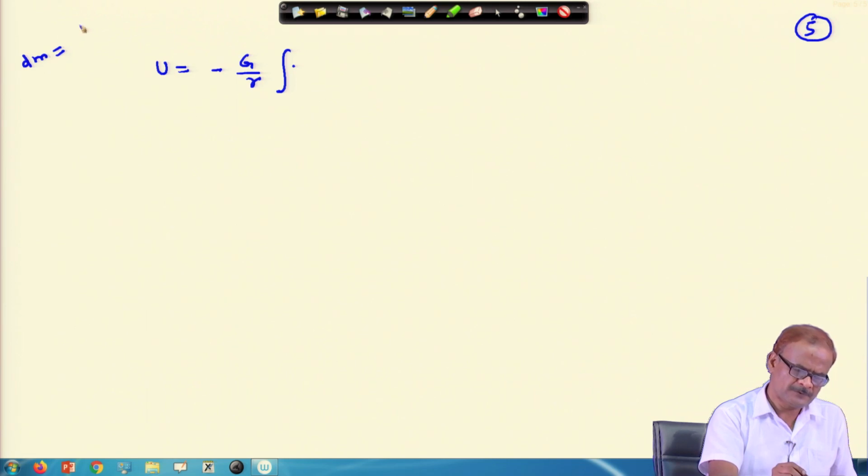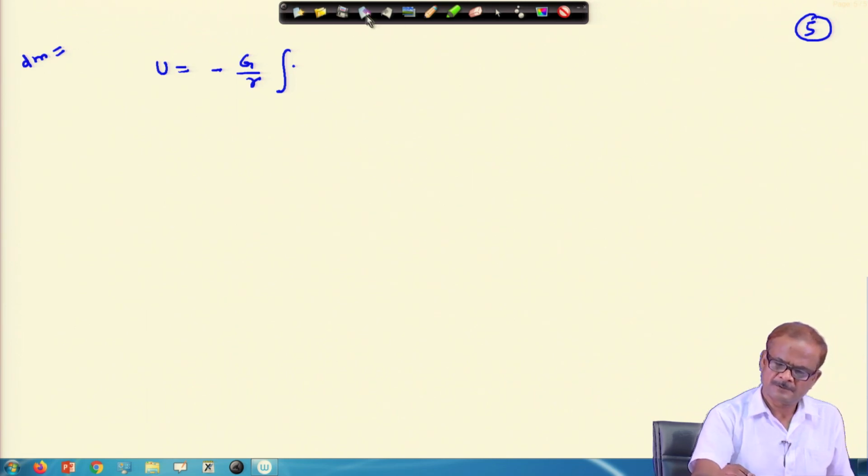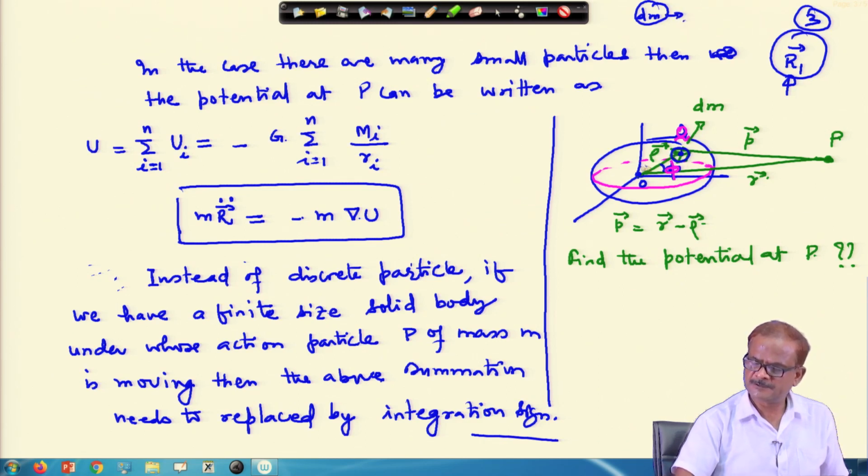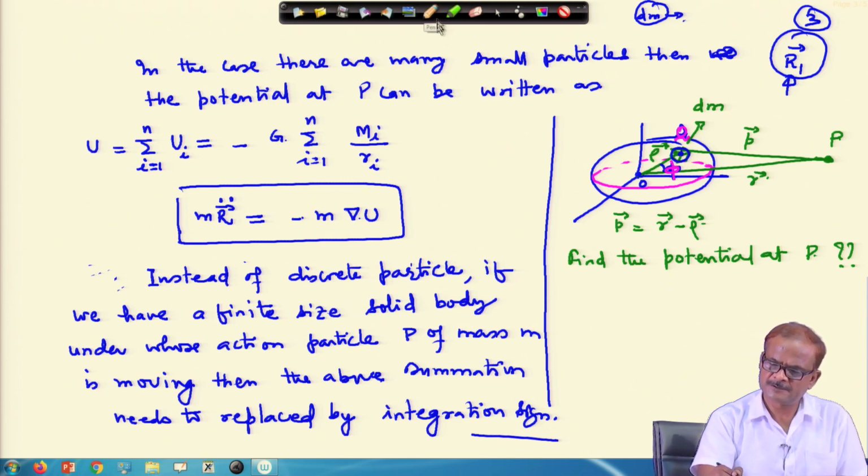dm is also a function of, say, the density, if the density is not uniform. So, the mass of this is a small mass dm, where we will take an elementary volume. So, this will depend on the density also. Okay. But this is not what we are featuring here; we go in a simple way.